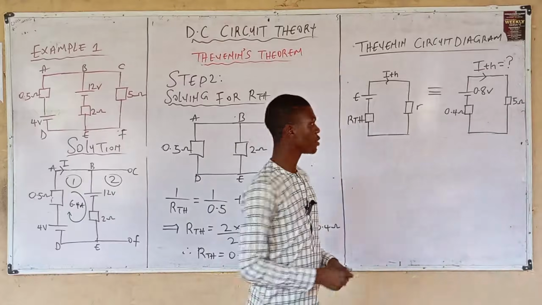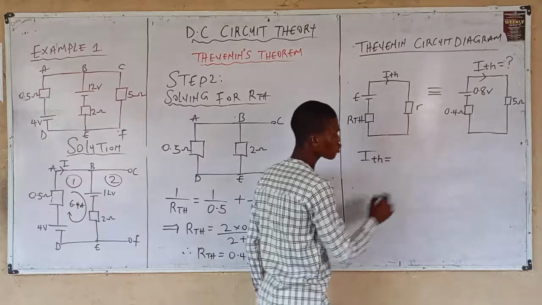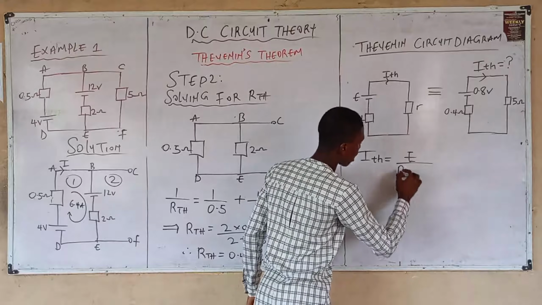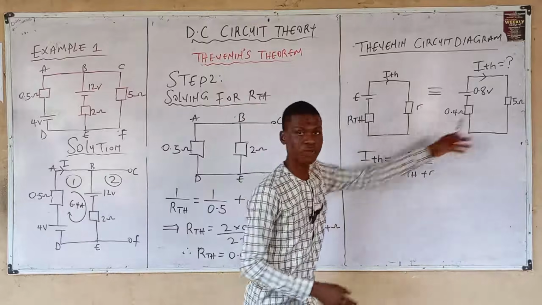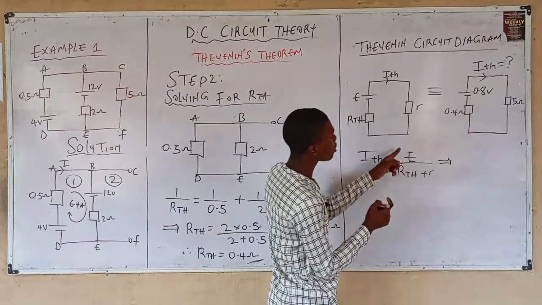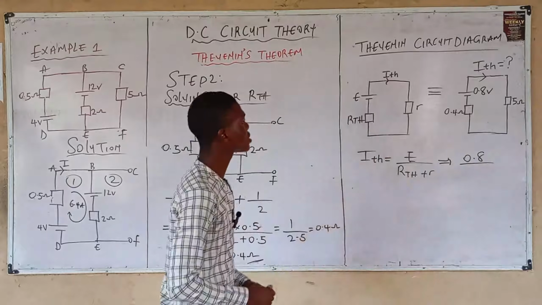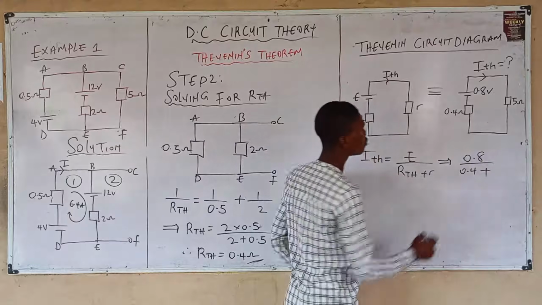Recall, from Thevenin's law, ITH is equal to E divided by RTH plus R. Substituting the respective values, E is 0.8, divided by RTH, 0.4, plus your load resistor,